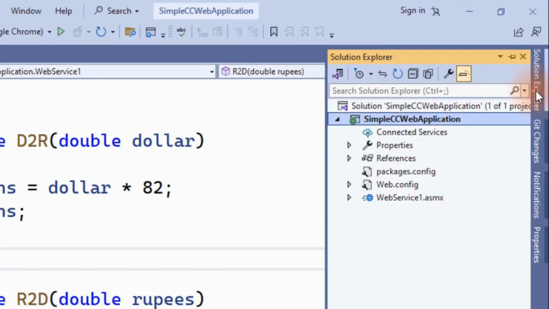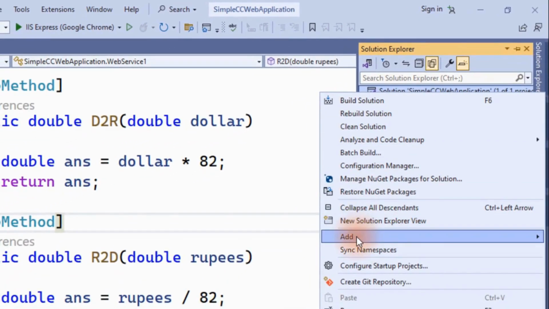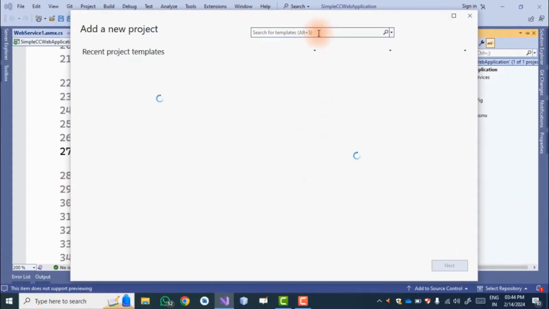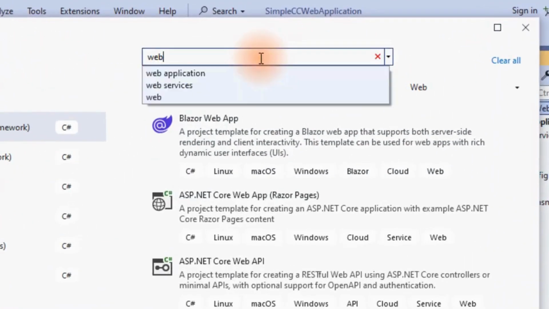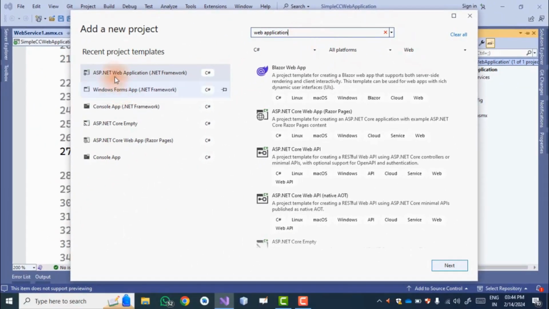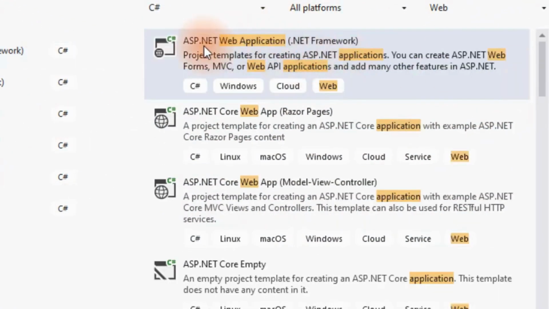Go to the Solution Explorer and right click on this solution, add new project. Then for the project we have to select web application. The recent project template option is also there, so you can select this, or when we search, see, this is your ASP.NET web application.